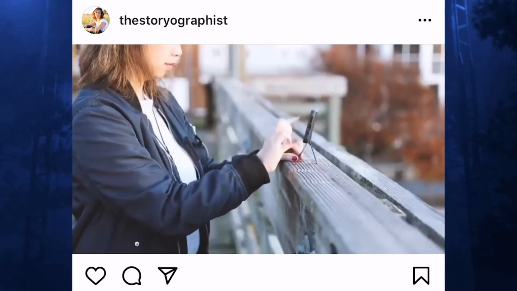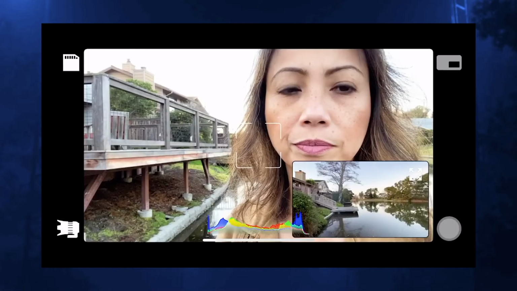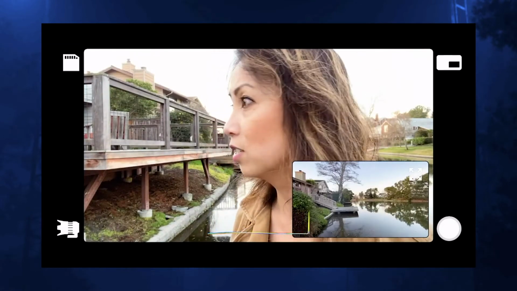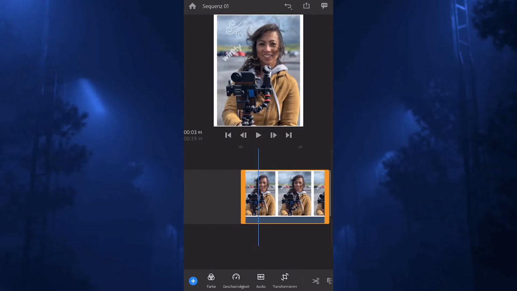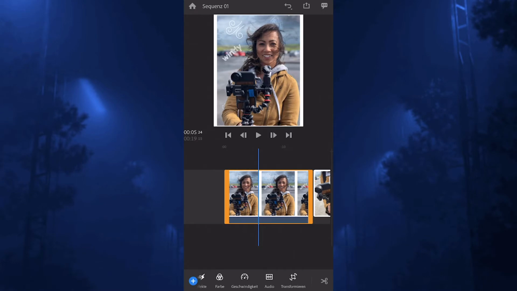And so here's a quick process of mine: I will shoot something in Filmic Pro, and then maybe I'll use something like Double Take, which lets you do front and back record at the same time to capture something else. And then I will import it into LumaFusion. And if somehow the audio is a little bit screwed up, then I'll go into Adobe Rush, because they have a really good way for you to fix the audio. And they also have really easy titles. And then I want it to look a little bit different for my Instagram, so I'll use Storyluxe to frame it. And then afterwards, I post it to Instagram. So how many apps did I just mention there?